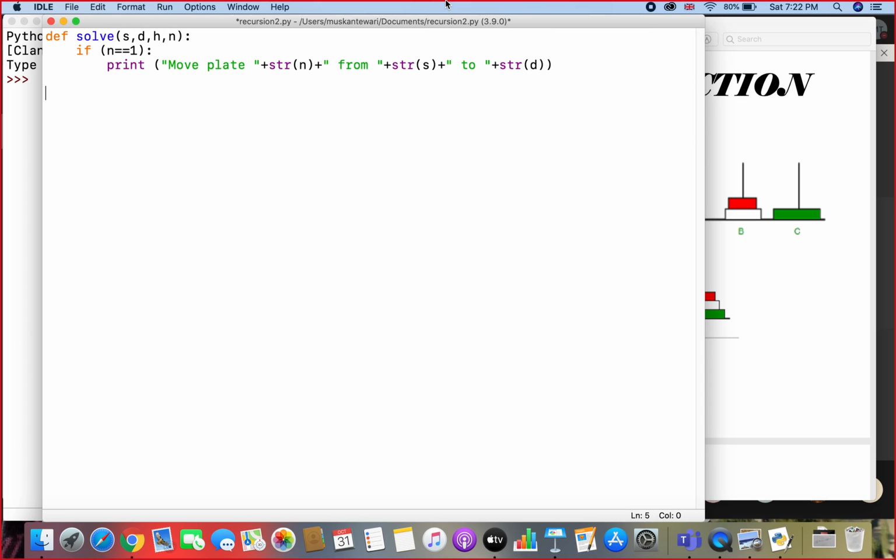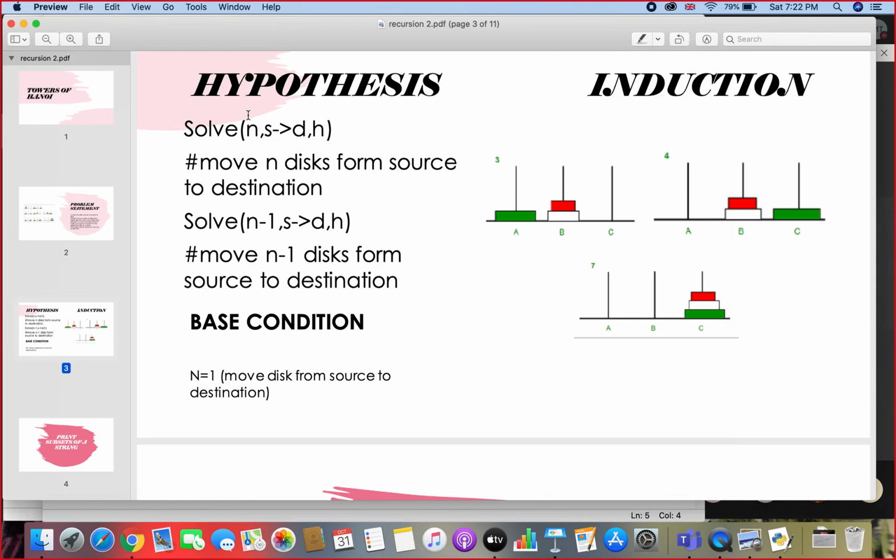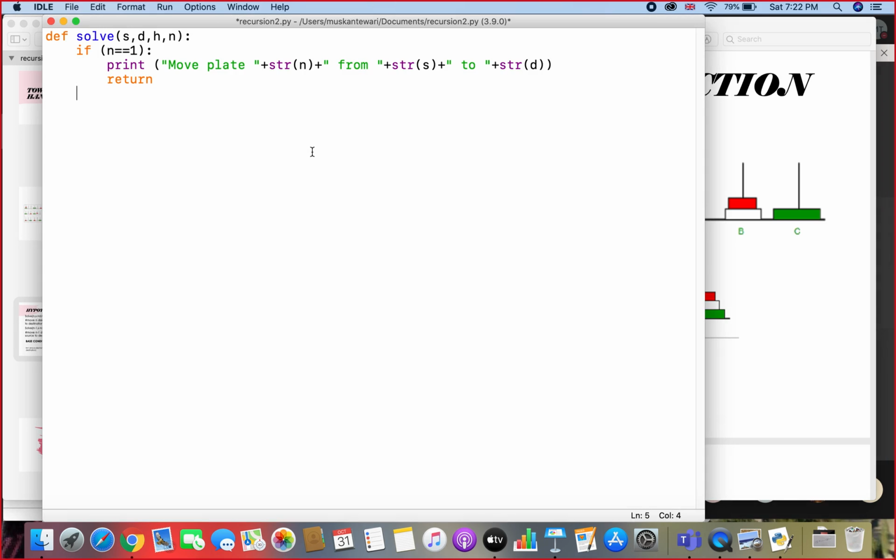And if this is done, that means if you reach this place where you have reached n equal to 1, your problem has essentially been solved, so you can move out of the function. If not, if this does not happen, now here is where you will have to pay a little bit of attention to what you do. Here basically you will solve